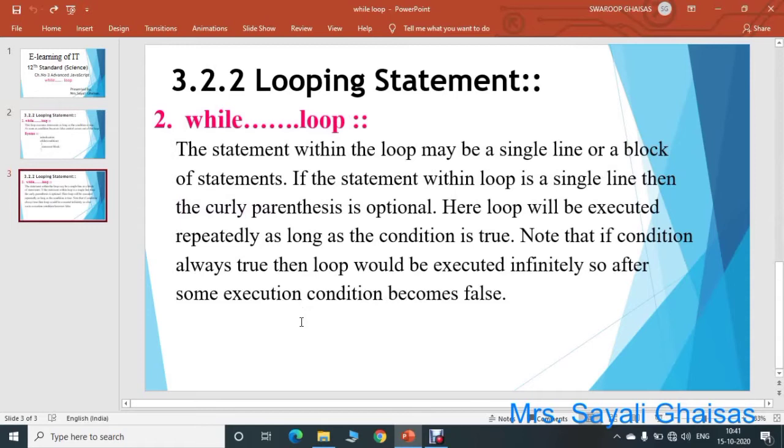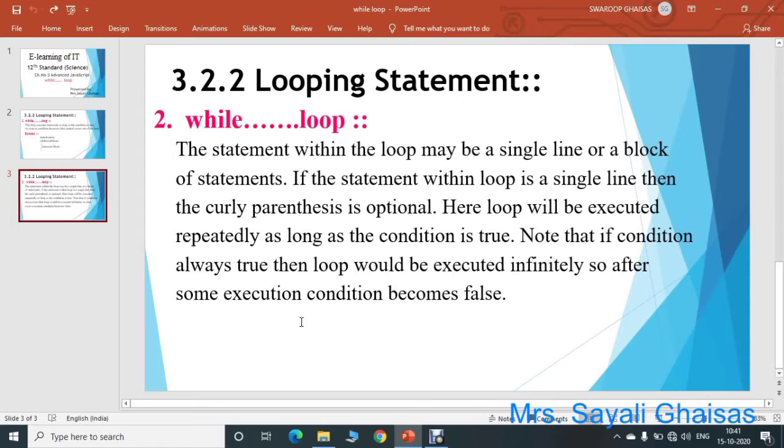The loop will be executed repeatedly as long as the condition is true. Note that if the condition is always true, then the loop would be executed infinitely.